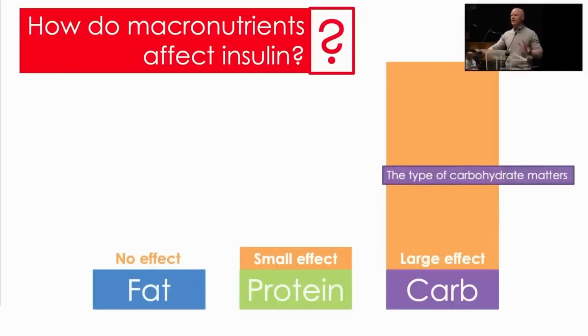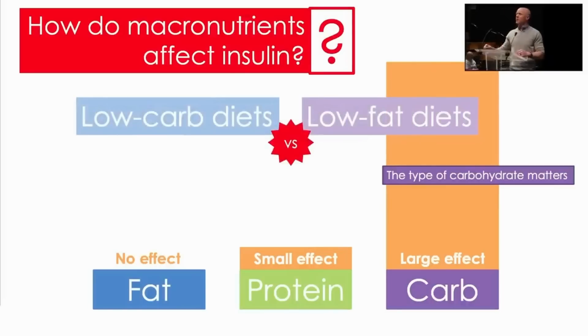Now, it may seem like I'm just declaring war on carbohydrates, and I'm not. The type of carbohydrate matters enormously, of course. But this is part of what plays into the justification on one side or another, whether the person knows it or not. For an insulin resistance scientist who acknowledges that hyperinsulinemia is the primary contributor, one of these versions of the diet, whether it's low fat and high carb, or whether it's low carb and higher fat, one of them is going to work better at removing the most offending agent here.